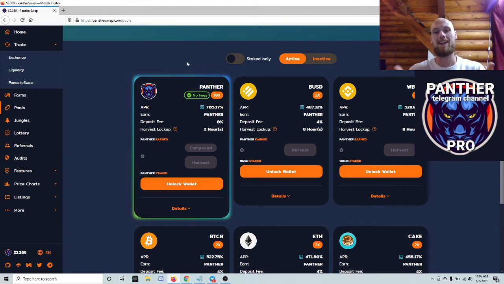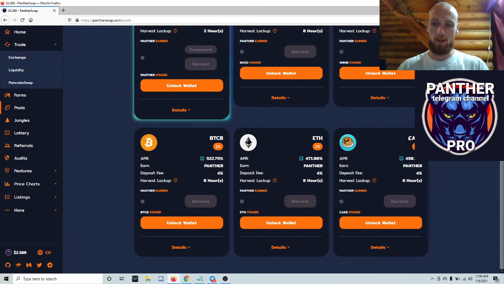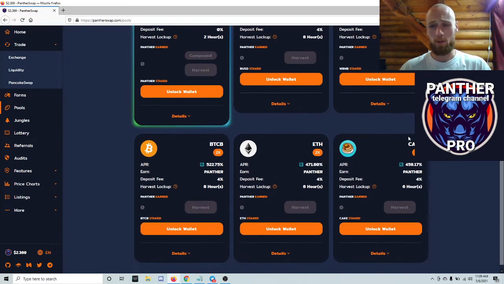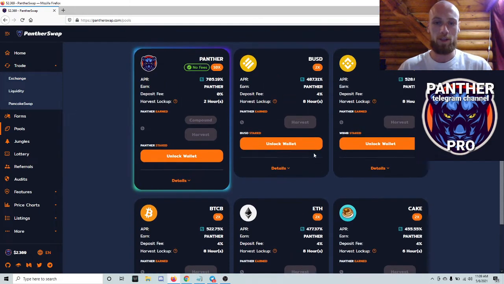Again, even within staking, you don't have to buy into Panther. You don't have to put your risk into Panther, the token. You could still stake on the Panther protocol, the Panther website, with other coins like BUSD and WBNB and Bitcoin and Ethereum and Cake. Now, you're not going to get the same APR. The APR is pretty good, though. Look at this. 458% for Cake. And Cake has pretty much proven itself to be sticking around, you know? Everything could change tomorrow. Can't tell the future, but again, you have risk assessment even within the choices